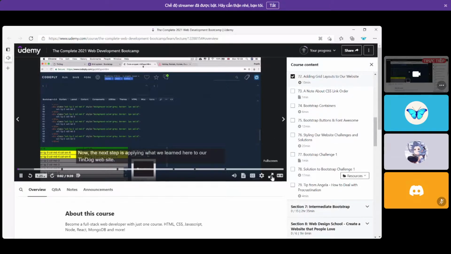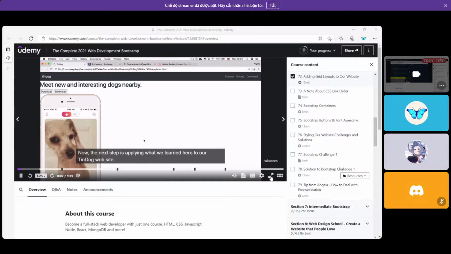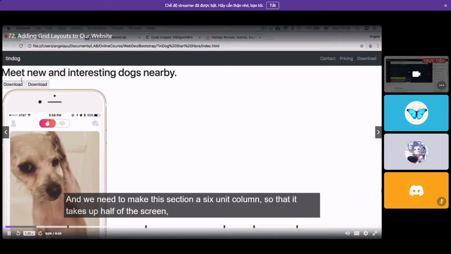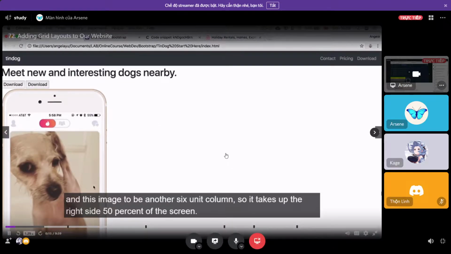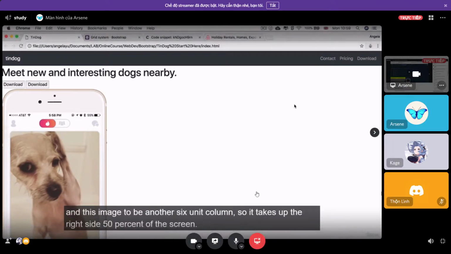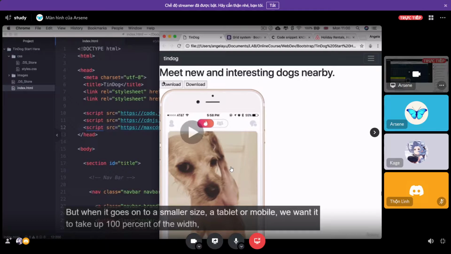Now, the next step is applying what we learned here to our TinDog website. We need to make this section a 6-unit column so that it takes up half of the screen, and this image to be another 6-unit column so it takes up the right side 50% of the screen. But when it goes on to a smaller size, say tablet or mobile, we want it to take up